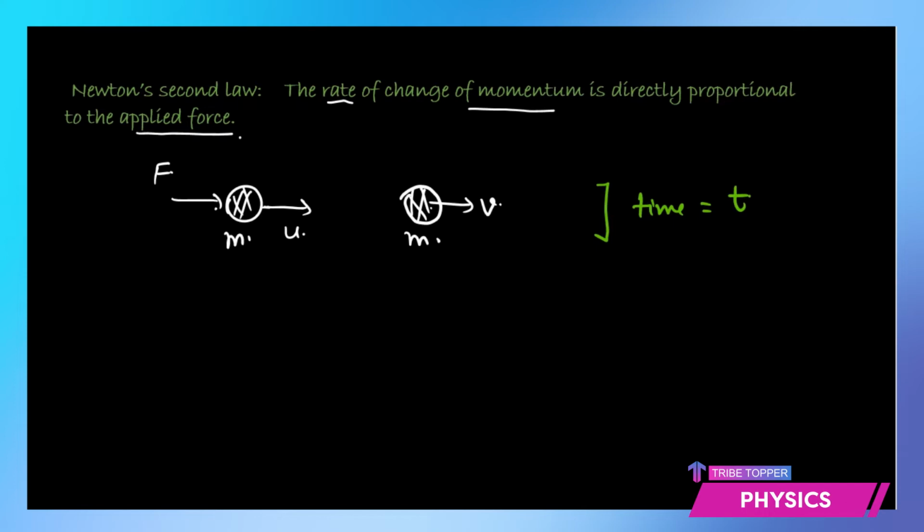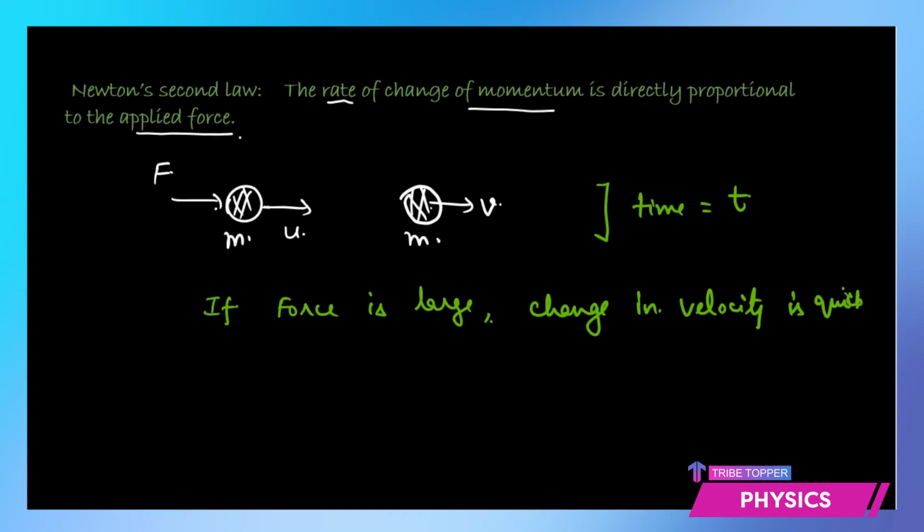So we are saying that if the force is large, the change in speed or velocity is going to be quicker. The greater the force you apply, the faster the change. Like if one of you is pushing a car and three of you are pushing a car, obviously you will produce a different impact. So that is what Newton said: if you have a greater force applied, the velocity will change faster. So the force applied is directly proportional to the rate of change of momentum, meaning the change in momentum